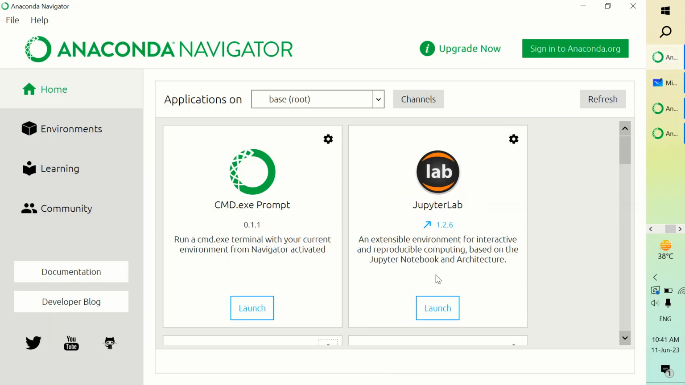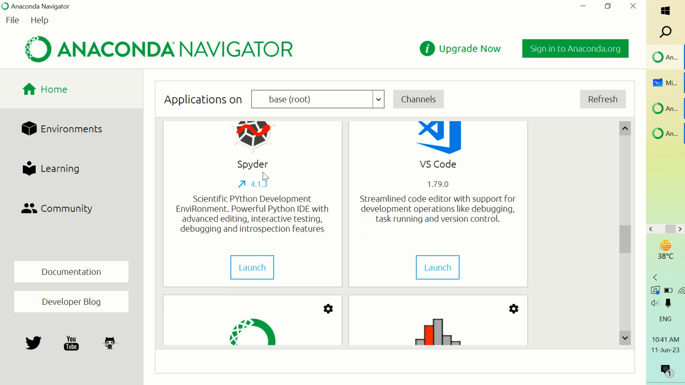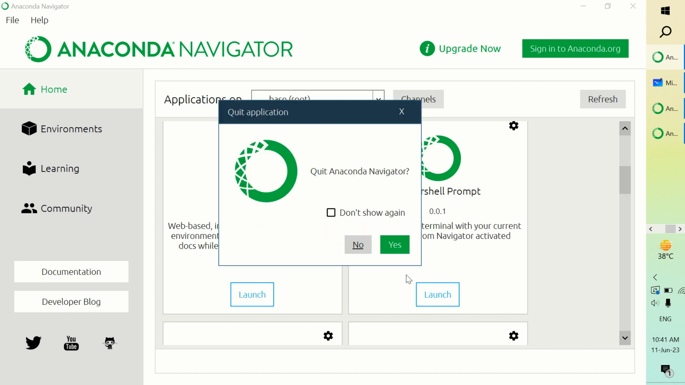ठीक है, फिर ये ओपन हो जाएगा। ओपन होने के बाद यहाँ पे देखोगे अलग अलग आईडीज़ होते हैं। अलग अलग आईडीज़ में हम काम कर सकते हैं। मैं जुपिटर नोटबुक में काम कर रहा हूँ, उसके अलावा पाइचार्म में भी कर सकते हैं, स्पाइडर में भी कर सकते हैं, वीएस कोड में भी कर सकते हैं, बट वी विल यूज़ जुपिटर नोटबुक। तो जुपिटर नोटबुक पे आने के बाद यहाँ लॉन्च करोगे तो जुपिटर नोटबुक खुल जाएगा।